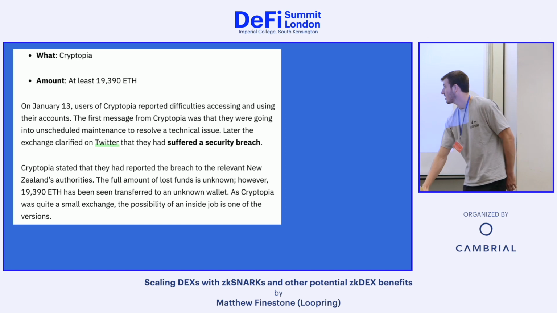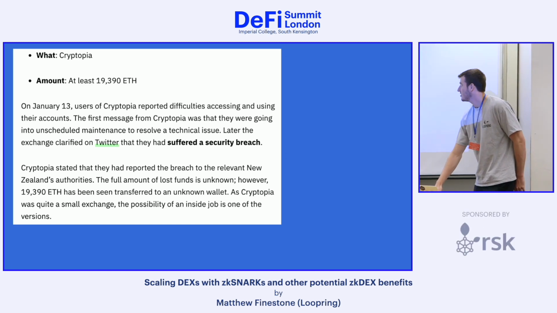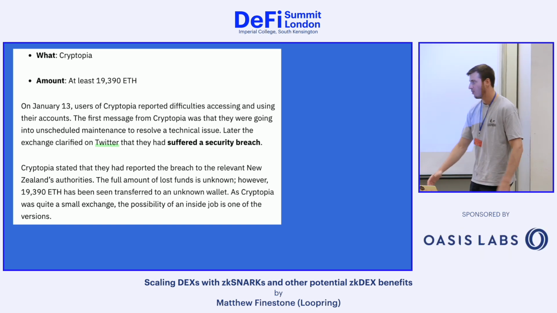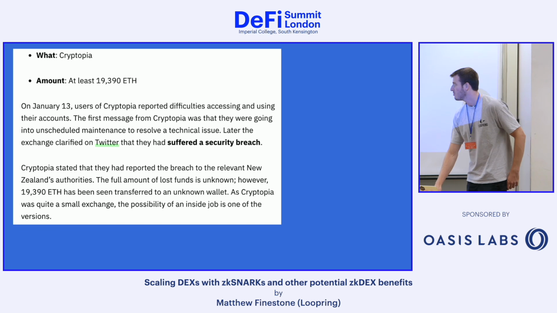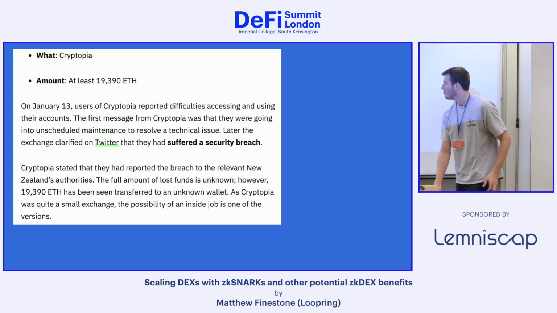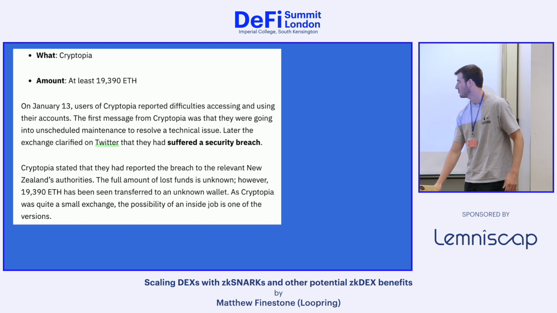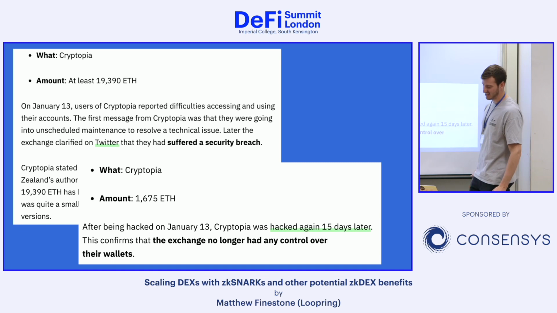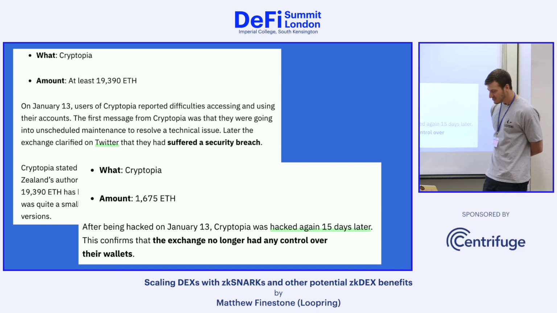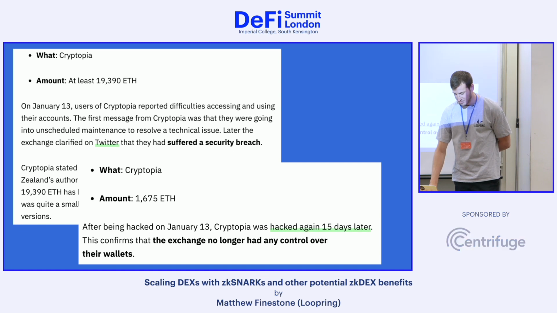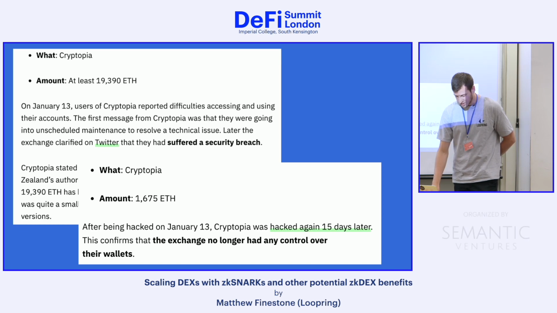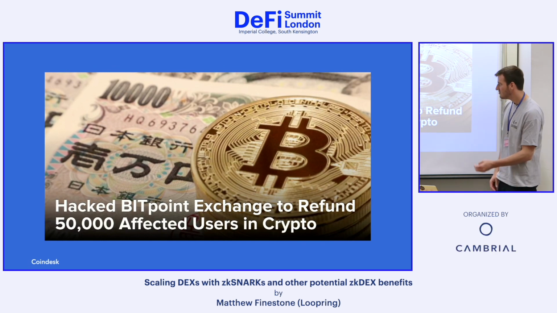And again, really just to hammer it home, not to pick on one specific hack or one specific exchange, there's been over $2 billion of value stolen. But this one's interesting because, again, just focusing on ETH, about 20,000 ETH stolen this year from Cryptopia. Okay, but then 2 weeks later, again, these things happen and it's scary. Going through a long list of hacks is actually quite surreal, and I feel very bad for the people that have been affected.